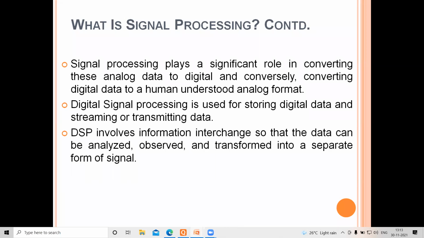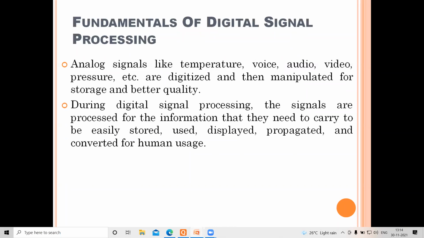Your analysis can be either in time domain, or in frequency domain, or in time-frequency domain. You'll be using your transforms, maybe Fourier transforms or DFT or FFT. FFT is the fastest form, which will take the minimum number of gates, so probably you'll go for that. Observation: what is that information you are handling? You'll observe and transform it into a signal which is required for you. If it records noise, share it and send it.